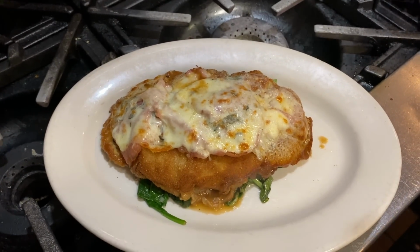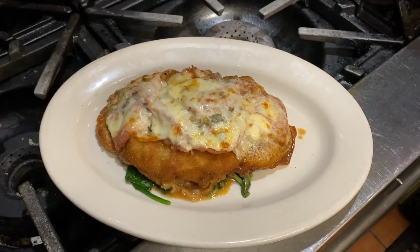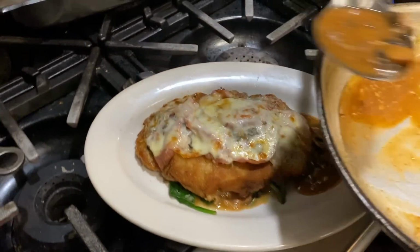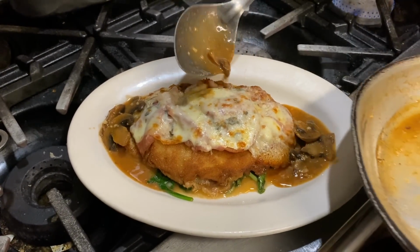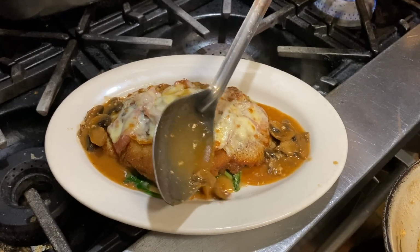And then we don't want to adulterate what we got on the plate. Put a little bit there. So keep all the flavors like